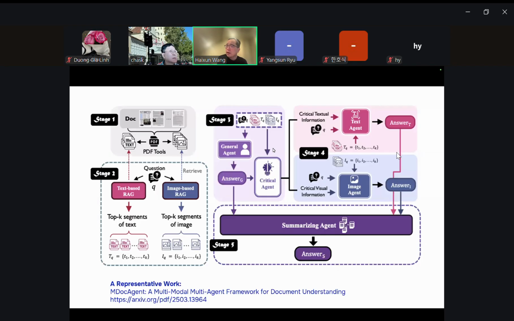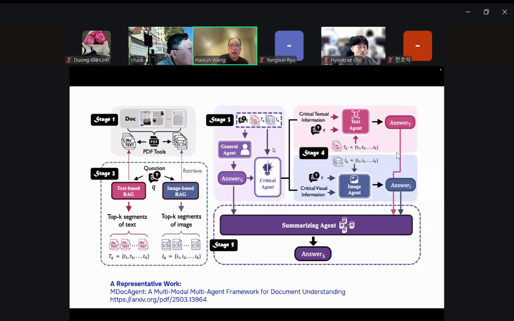This is a recent paper by, I forgot which university, but you can search for it. It's called MDoc Agent. It creates a much more sophisticated framework to answer these questions. This is a much bigger leap from the large language model wrapper based on simple RAG.